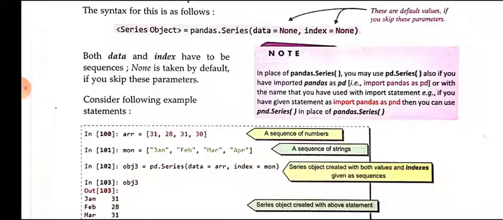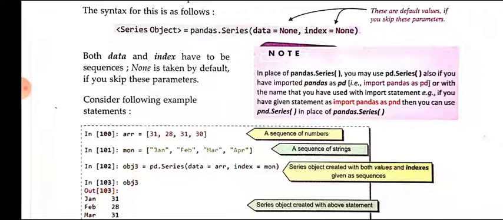Students, I have already explained that while creating indexes you have to specify the same number of values that we have given in the data part. That means if the data part contains 4 sequence values, then in indexes we have to give only 4.